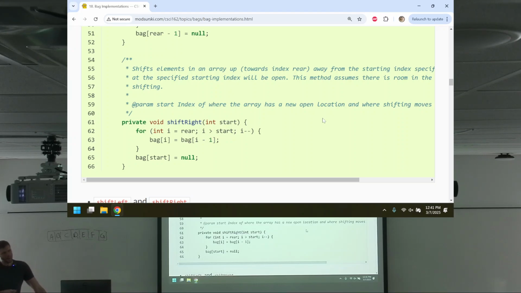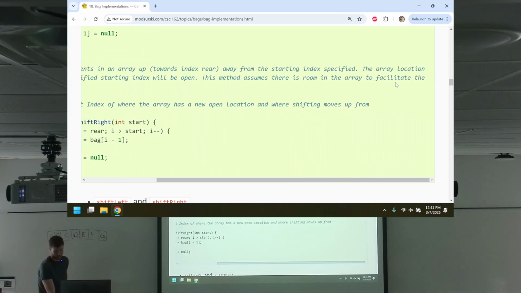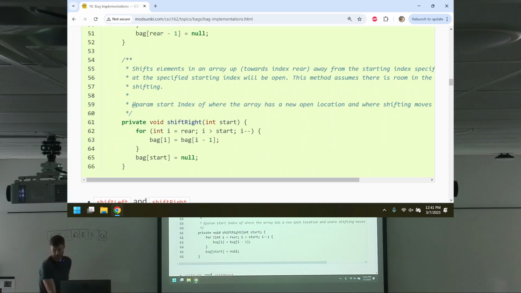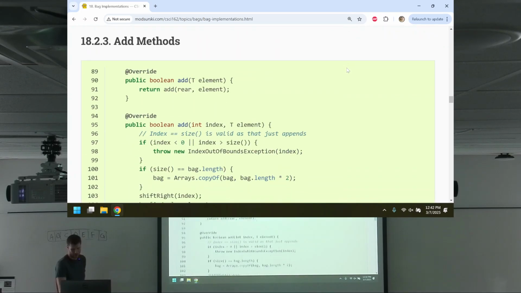First of all, you can see what I'm doing here. This method assumes that there is room in the array to facilitate shifting. So that's why I'm assuming there's room. And you might say, but what if there isn't? You're right. I don't have any logic in this method to account for that potential problem. But in my design, my add is going to say,